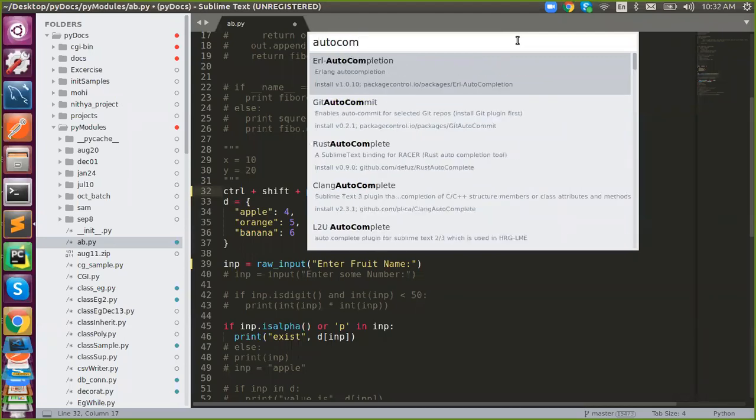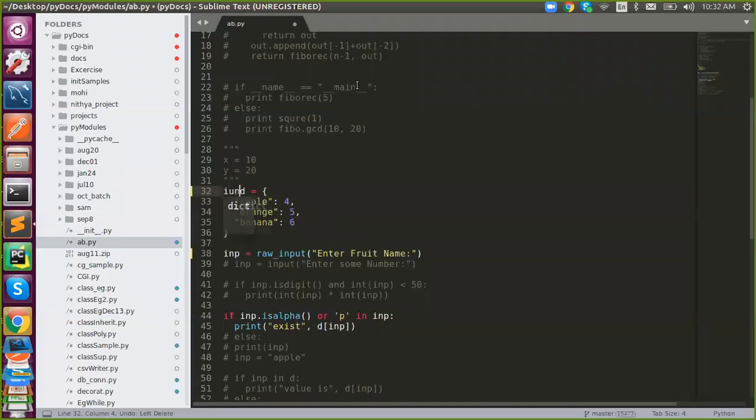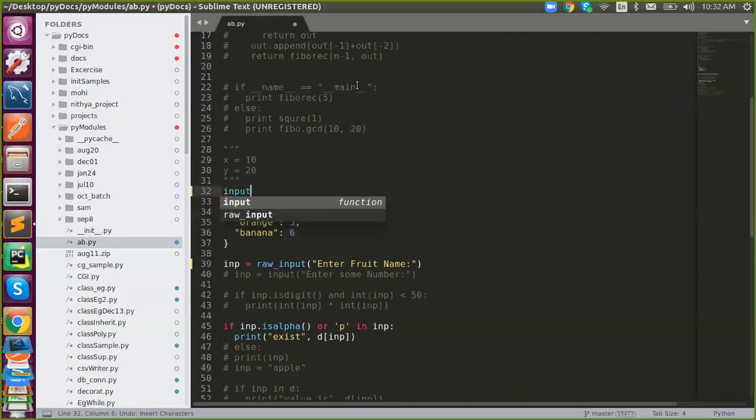autocomplete. I already installed the autocomplete plugin, so it won't list it out for me, only the things apart from what's already installed. It's up to you. We can search and install whatever package you want, like autocomplete and shortcuts. But we won't be able to perform input; input won't work in this. In Sublime, we all know that input will never work. For that we need to enable a feature called